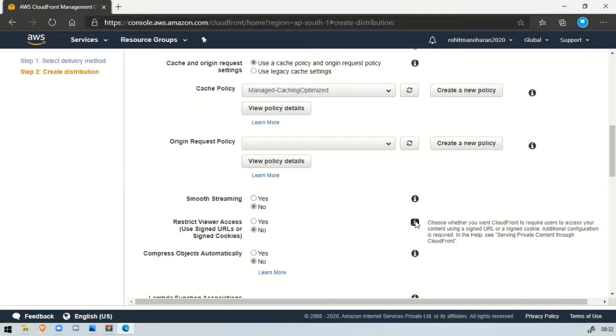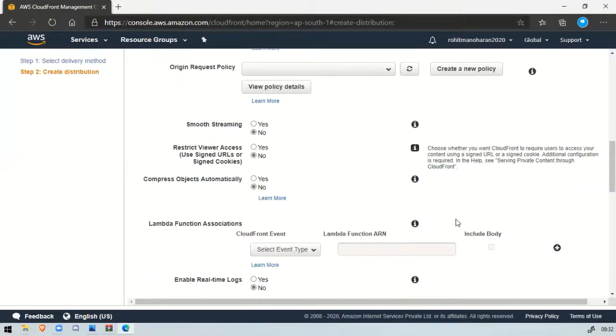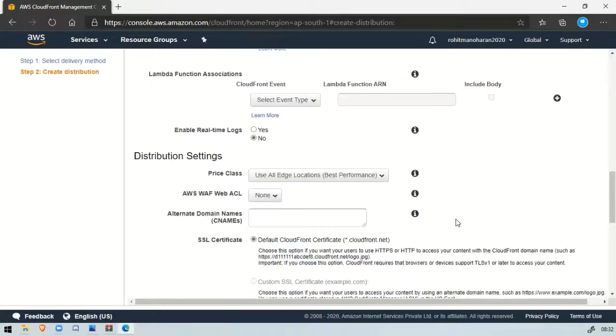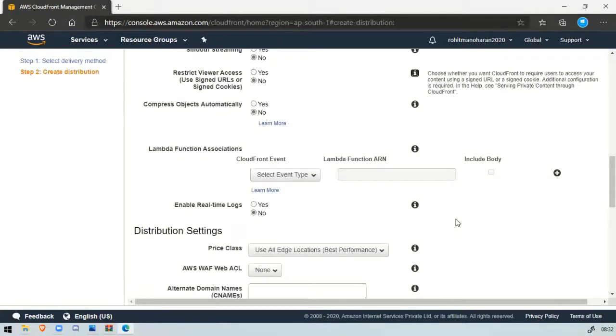Consider that you are Netflix and you have a film in your S3 bucket. If your user is authenticated through a specific URL, you will forward them to the S3 bucket. So this part is basically that, and I will leave all these as default.